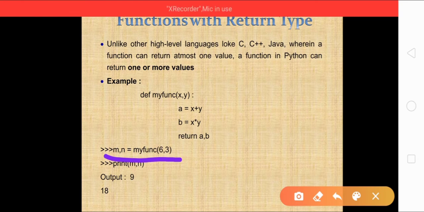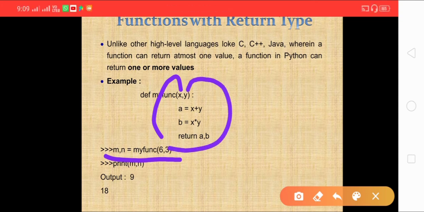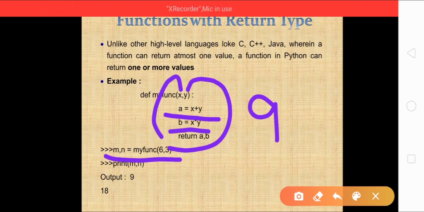So the first value 6 will be copied to x and the second value 3 will be copied to y. So the value of x is 6 and the value of y is 3. According to a equals x plus y, a will have 6 plus 3, that is the value 9. And according to the second line, b equals x multiplied by y, that is 6 multiplied by 3. The value that b is getting is 18.